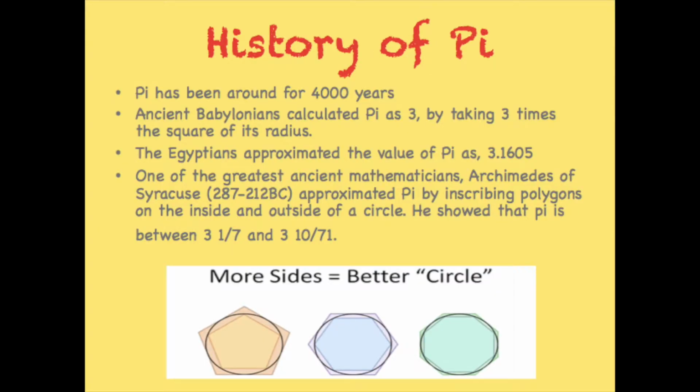Pi has been around for 4,000 years. Ancient Babylonians calculated pi as 3 by taking 3 times the square of its radius. The Egyptians approximated the value of pi as 3.1605. One of the greatest ancient mathematicians, Archimedes of Syracuse, approximated pi by inscribing polygons on the inside and outside